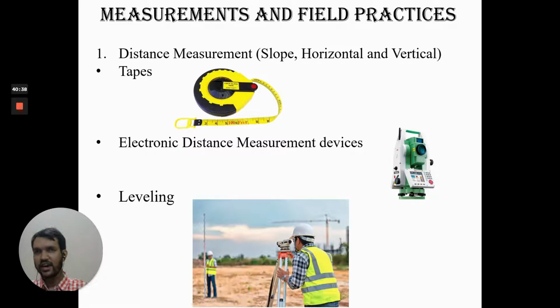For checking our calculation, what we generally do is we try to convert it into a closed traverse. Okay, we try to convert it into a closed loop, and when we come back and find the coordinates of the point from where we started, if it comes the same, it means that we have done correct, or if it is very close to that point, it means we have done correct surveying.